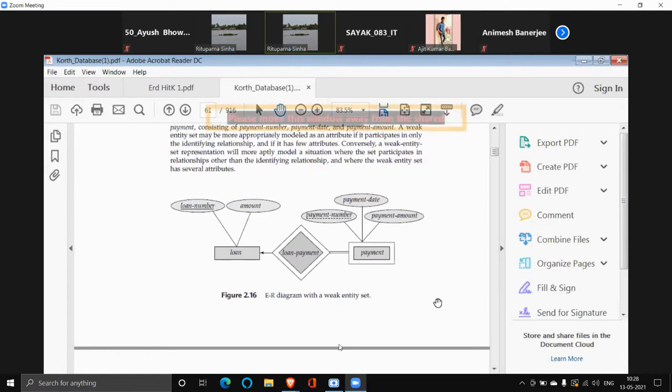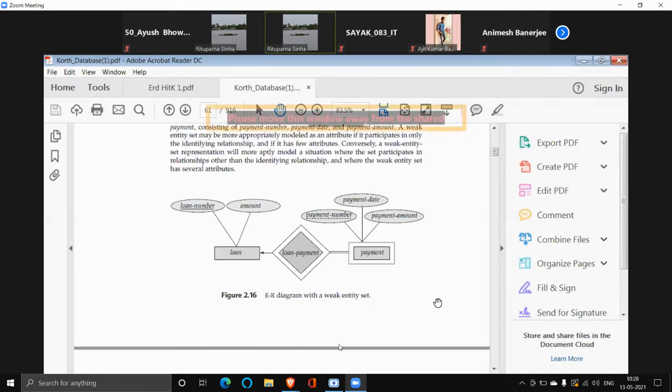Again, loan number 2, payment 1, 2, 3, 4. Again, loan number 3, payment 1, 2, 3. This way, I will enter the values. If I enter the values in this way, then who will be the primary key of this payment table?